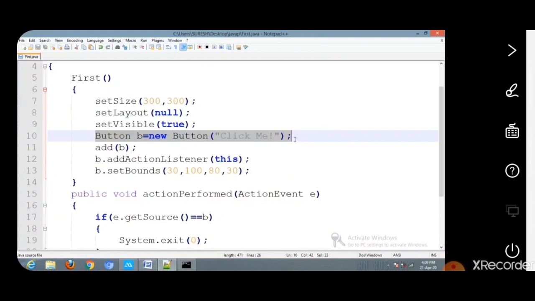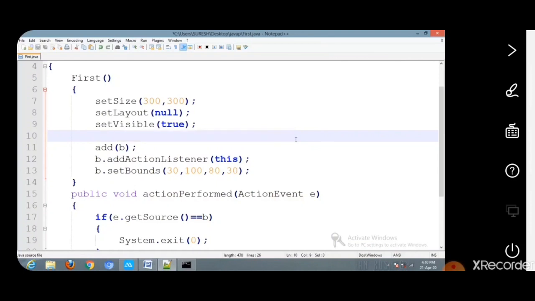That means any variable which we define inside a method is local to that method, which cannot be available throughout the program. So in order to make b visible to any method which we have defined in this program, we have to create the object corresponding to the button class globally.